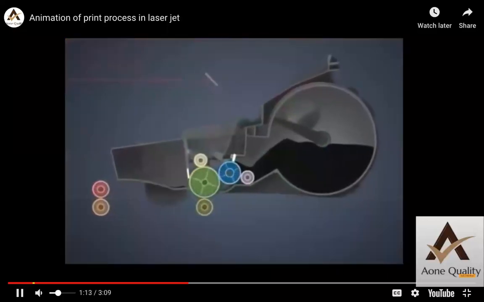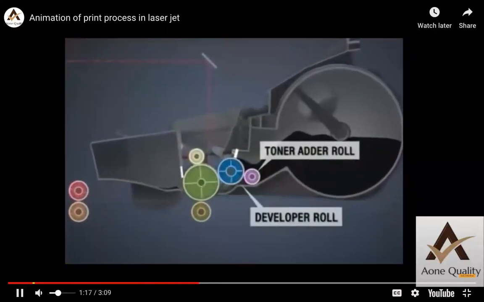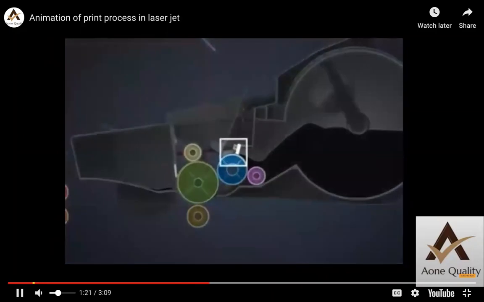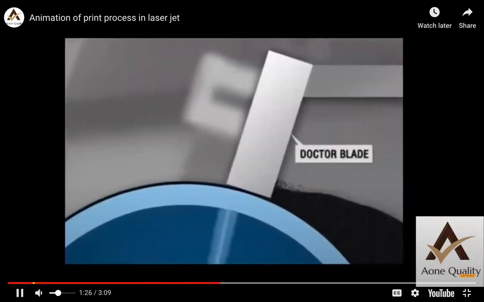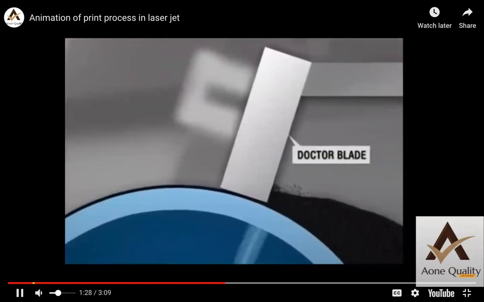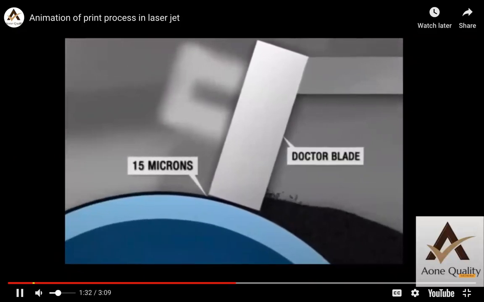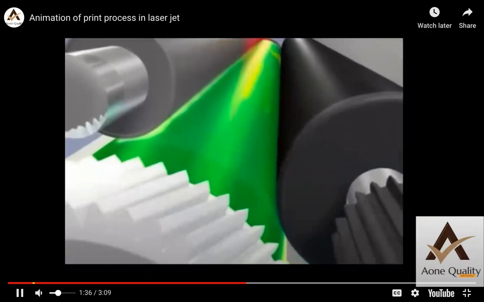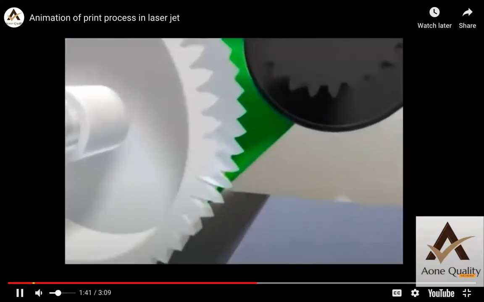Next, the image is developed. The toner adder roll coats the developer roll with toner while electrostatically charging the particles. As the toner is placed on the developer roll, a leveling device called a doctor blade evens the toner to a thickness of approximately 15 microns, just slightly thicker than a strand of silk. As the developer roll and photoconductor drum come into contact, the negatively charged toner is attracted to the discharged areas